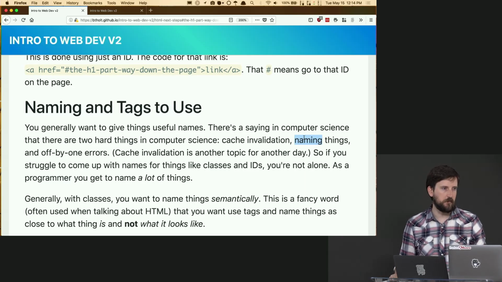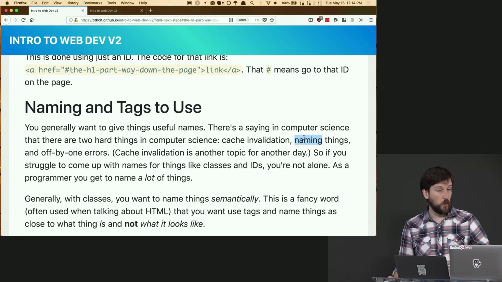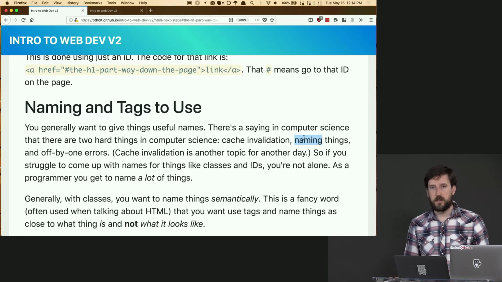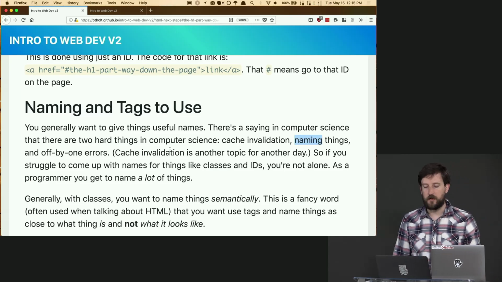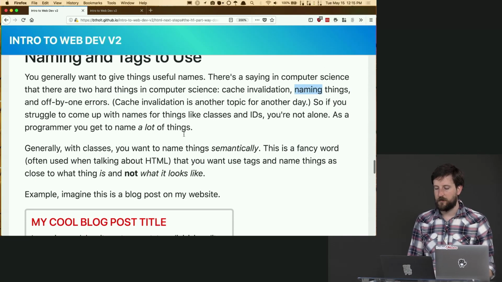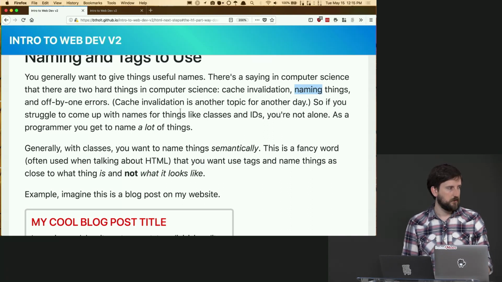So it's tough to name things correctly, and it's always kind of a struggle, but it's worth taking time, pausing, thinking about a good name for something, and then if the semantic meaning of whatever you named changes, going back and actually changing the name to reflect whatever it means now. Keeping names useful and up to date is worth the time investment. And yeah, we are definitely not talking about cache invalidation. So, naming things is hard. And if you feel like it's hard, it's because it's hard. So that's accurate.